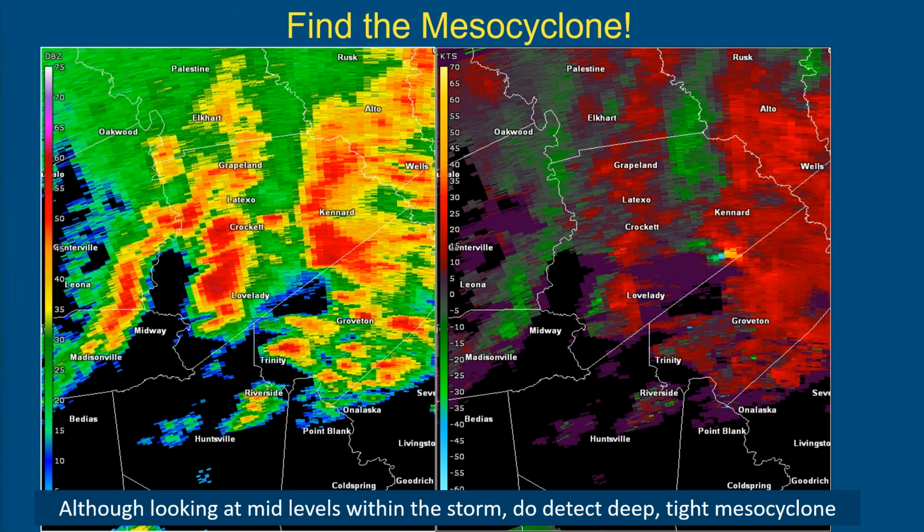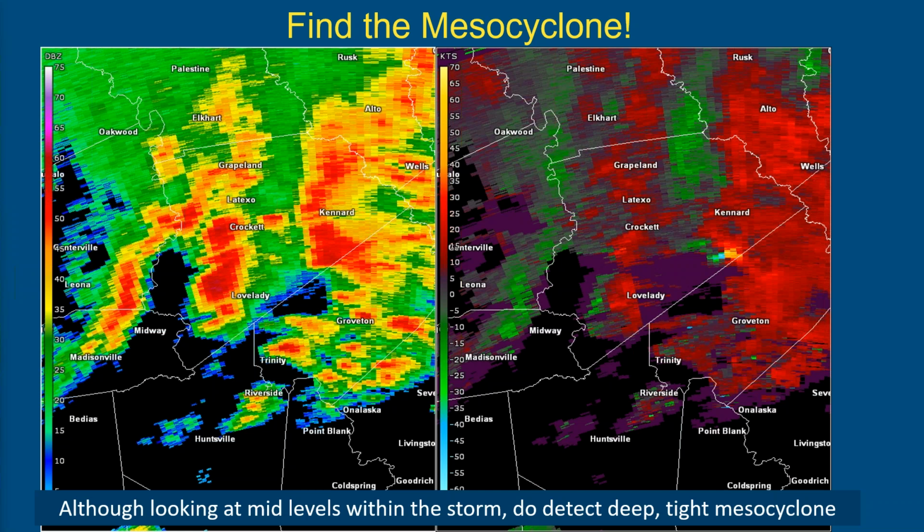So what did that look like on radar? On the left-hand side, you can see a number of thunderstorms. Now keep this in mind. Houston County is again in an area that's pretty far from any radar, so you're not going to see detailed low-level features like a hook echo necessarily. But with these stronger tornadoes, the tight circulation and the mesocyclone extends well up into the storm, and so you